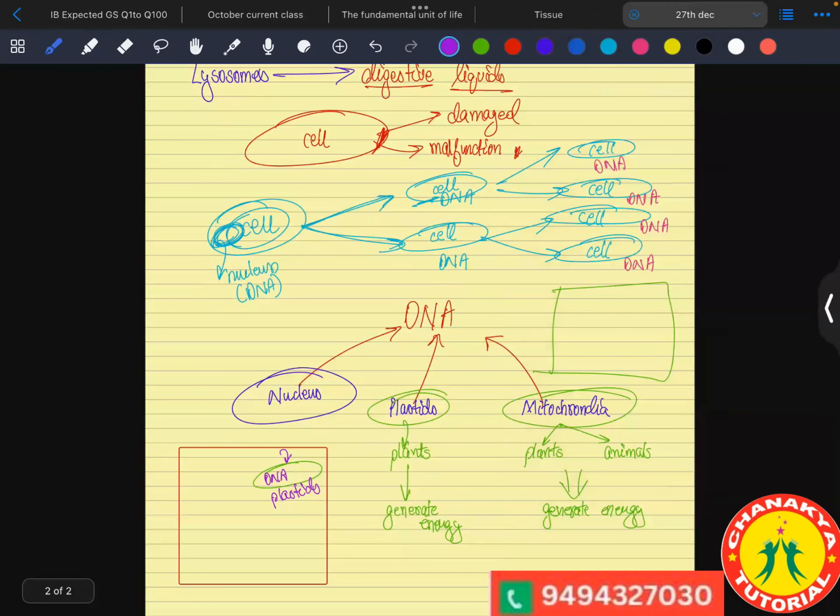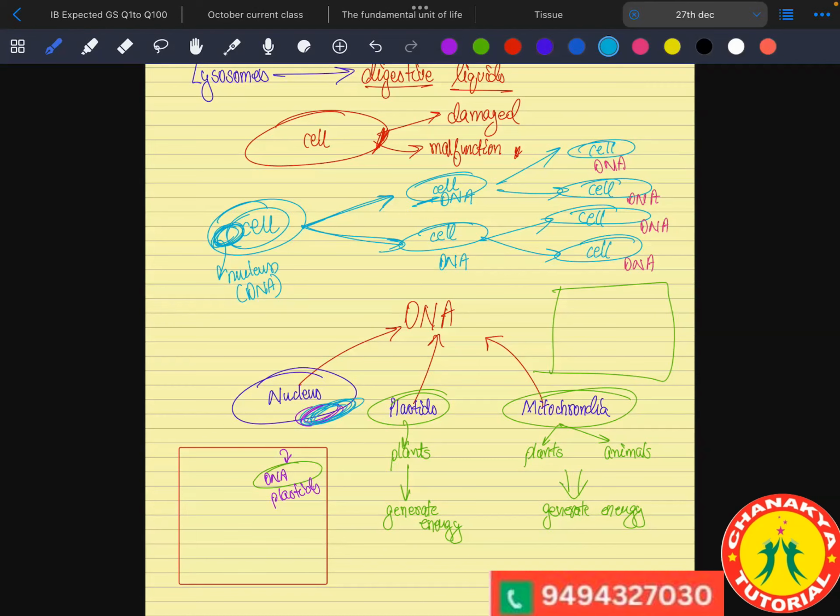So both of these are used to generate energy. In order for the cell to work, these play a very important role. If there is no plastid or no mitochondria, then the energy won't be generated and the cell will not work, isn't it? So that's why they should have their own DNA, so that they don't have to rely on the nucleus for the DNA. Without any energy, without any power, the cell won't work.